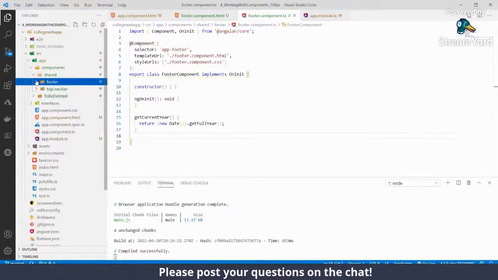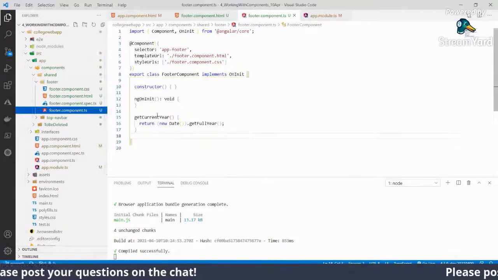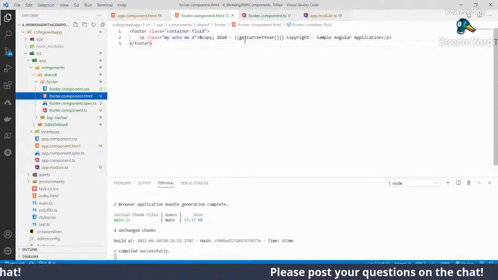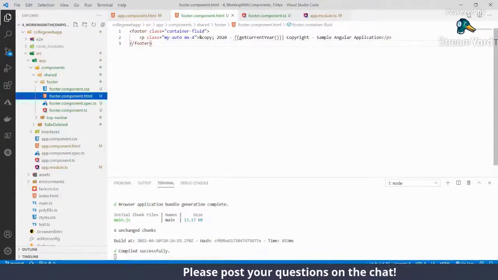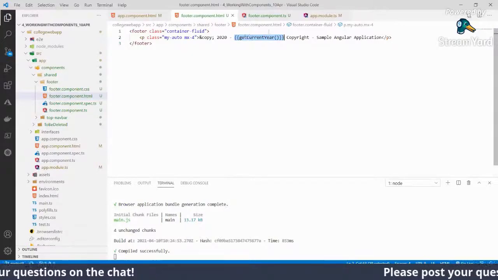Now we have a method in our component, and we are invoking that method inside our markup, in a string interpolation fashion. That means within this we are invoking that.